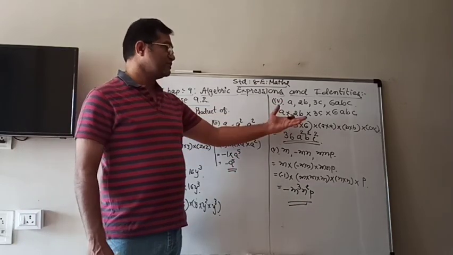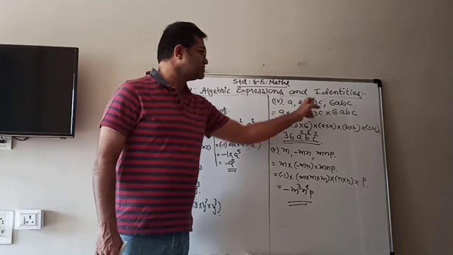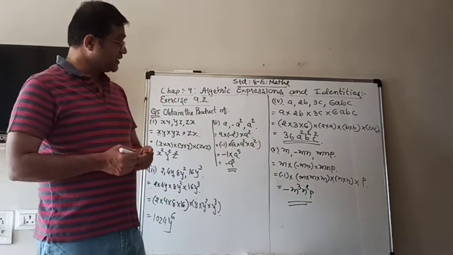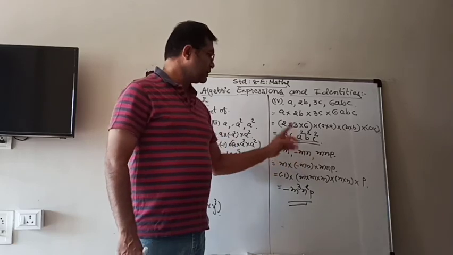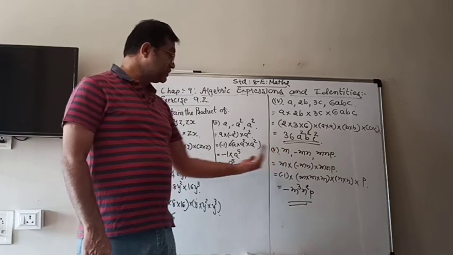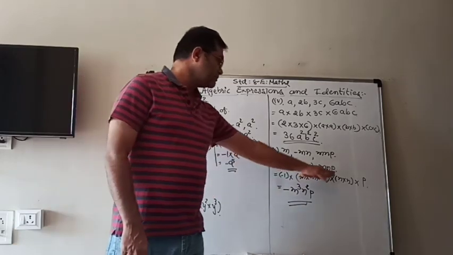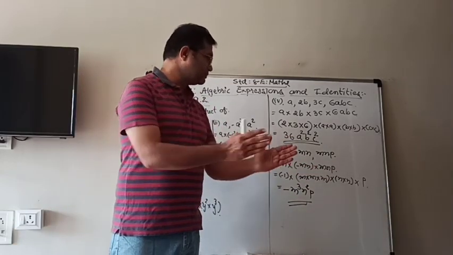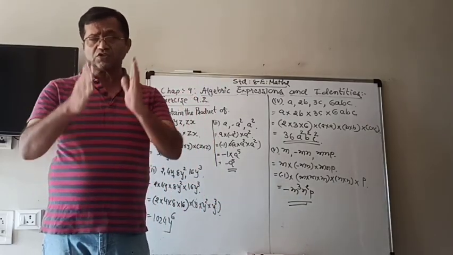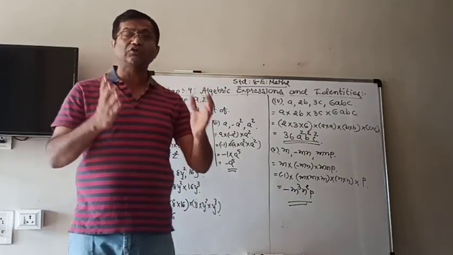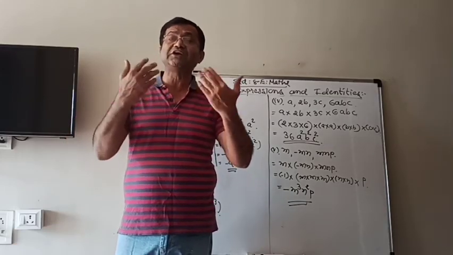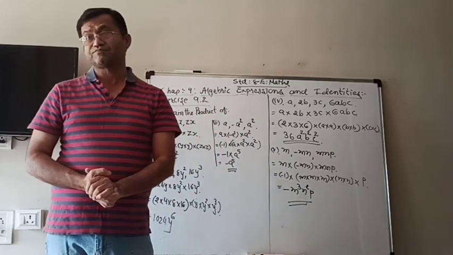And here also it is simple. Only the 2, 3 and 6 are the coefficients that we took out. And here also there are no coefficients other than 1, but only here is minus 1. So we take that minus 1 out, and the other variables we put together to get the product. So now we have learned how to multiply 2 or more than 2 monomials.